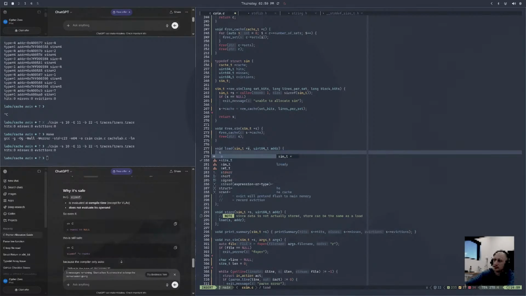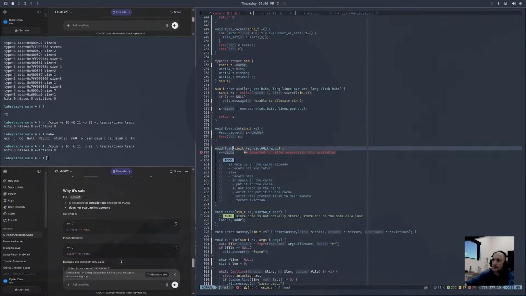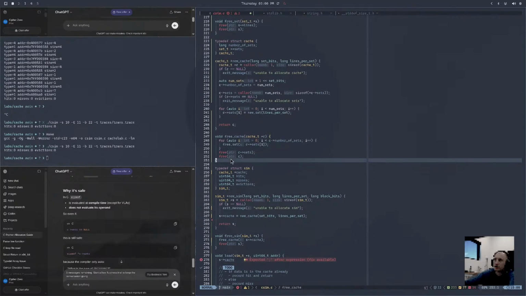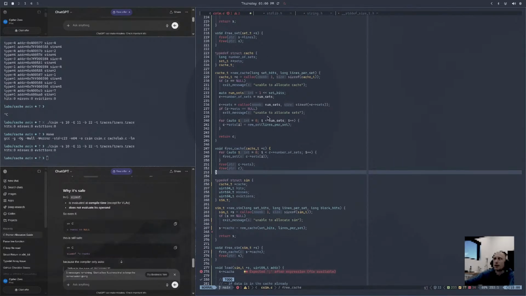Well, S cache. We can have a method here. Say method. I mean, it's a function in C, but it's basically a method. So it's going to be a